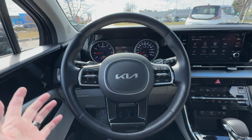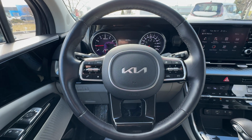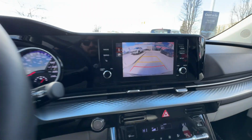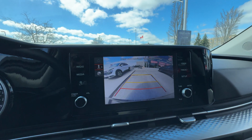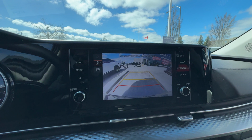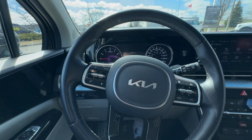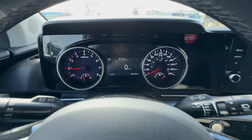Now, the LX Plus gives you the heated leather wrap steering wheel. I'm going to back up because a gentleman is trying to sneak by, so I'm going to show you the rear view camera now. So here's the rear view camera. Nice and easy there. All right, there's the gentleman trying to park his Hyundai. Should be trading that in, get another vehicle. All right. Our radio controls, cruise controls,